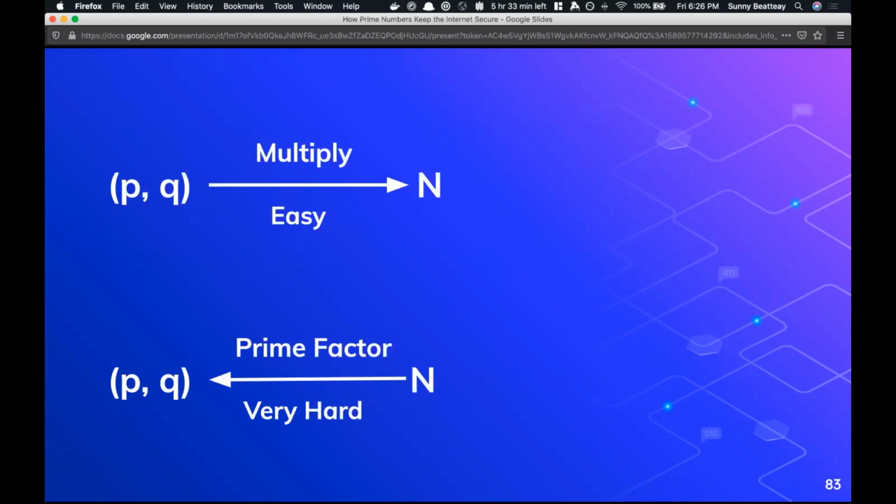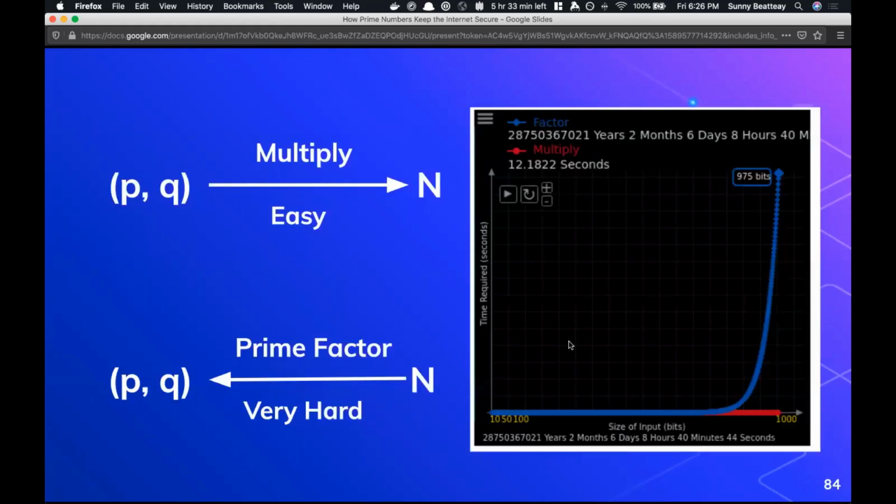To give a sense of how long this takes, if we had two numbers p and q that were on the order of 1,000 bits long, it would take about 12 seconds to multiply those numbers. To factor n, if it's around 1,000 bits long, would take 3 billion years. Now think about that. We have a computer, and all it's tasked with doing is breaking up one number n into its two prime components, p and q. If that n is 1,000 bits long, a very, very large number, it would take 3 billion years to do that. That is why the RSA encryption algorithm is so secure.